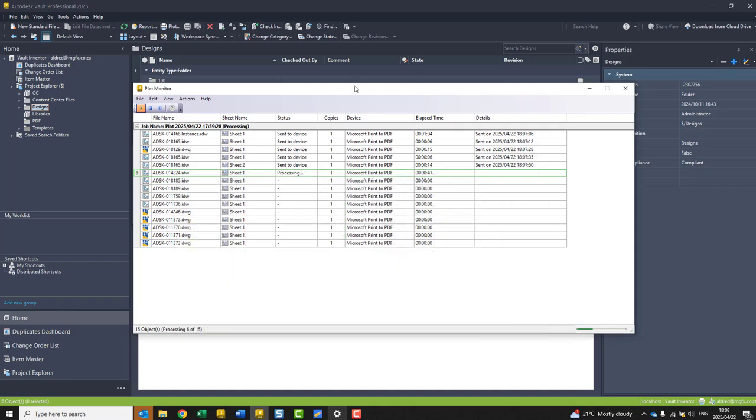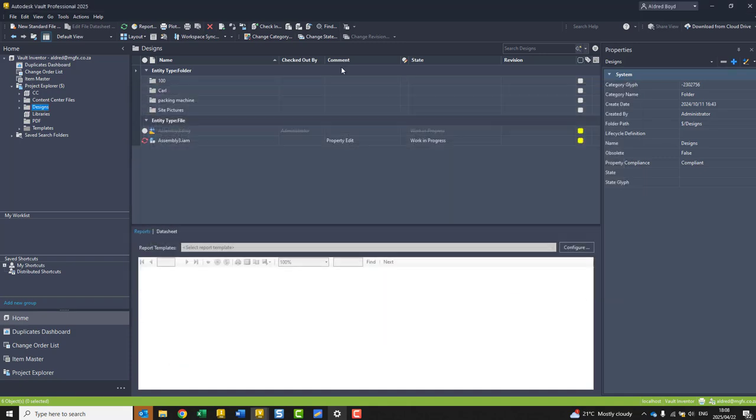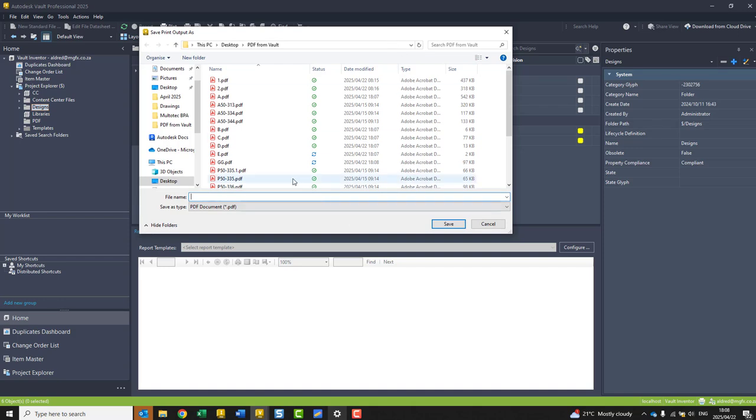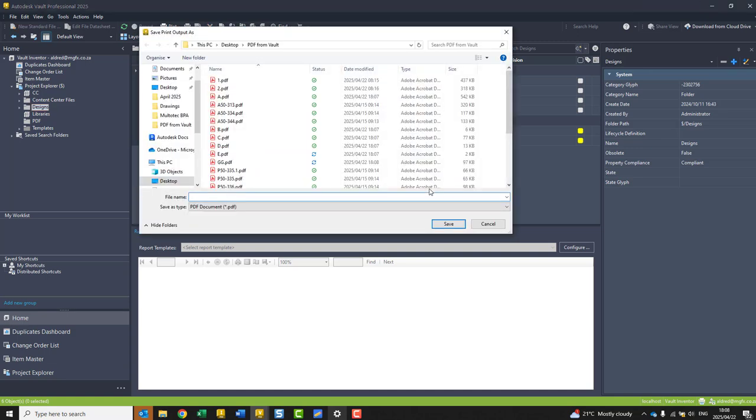Okay, so there we go. This is your plotter, or your batch plot, that you can print straight out of your Autodesk Vault over here. And it's a very quick and easy way to select an assembly. Then from that assembly, you ask, can I please grab all the different 2D drawings that I've got and print them out either to